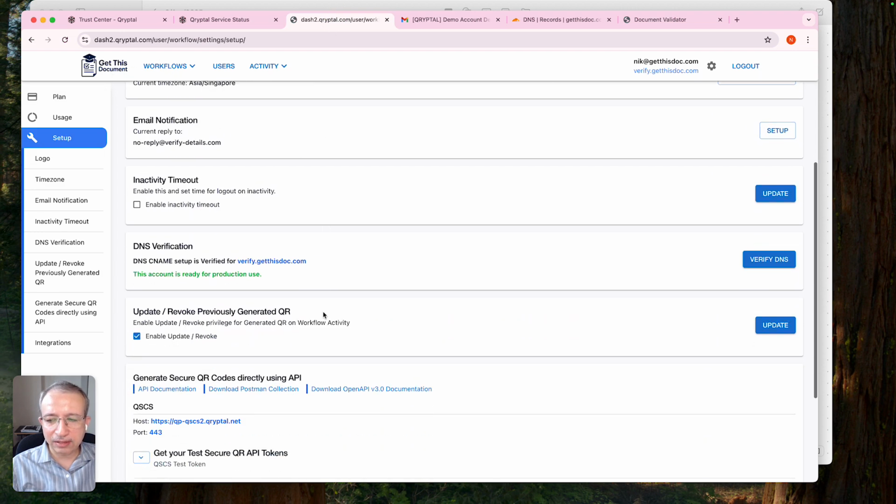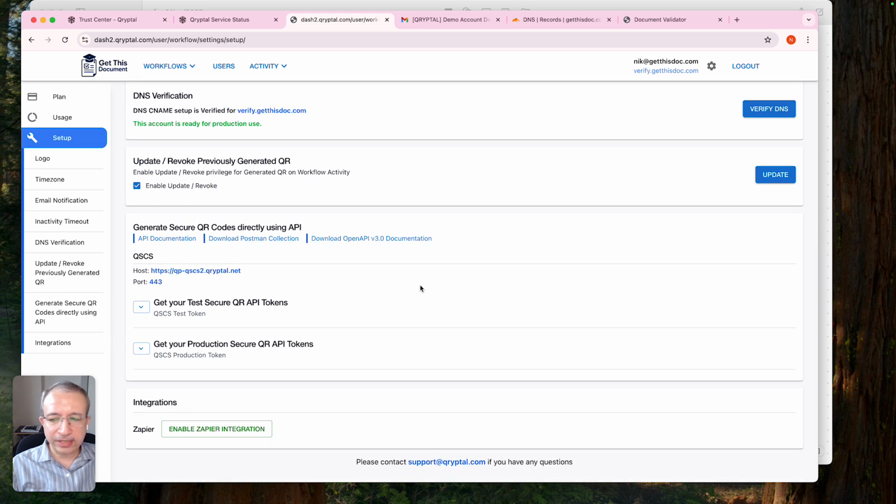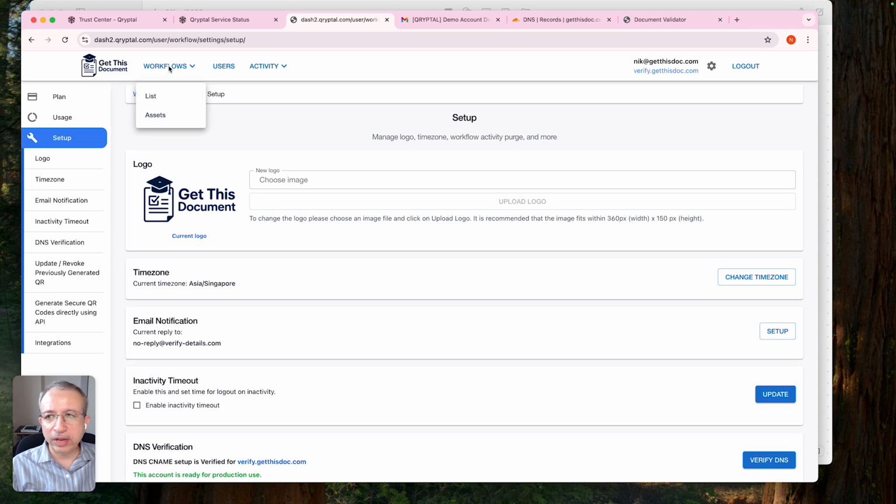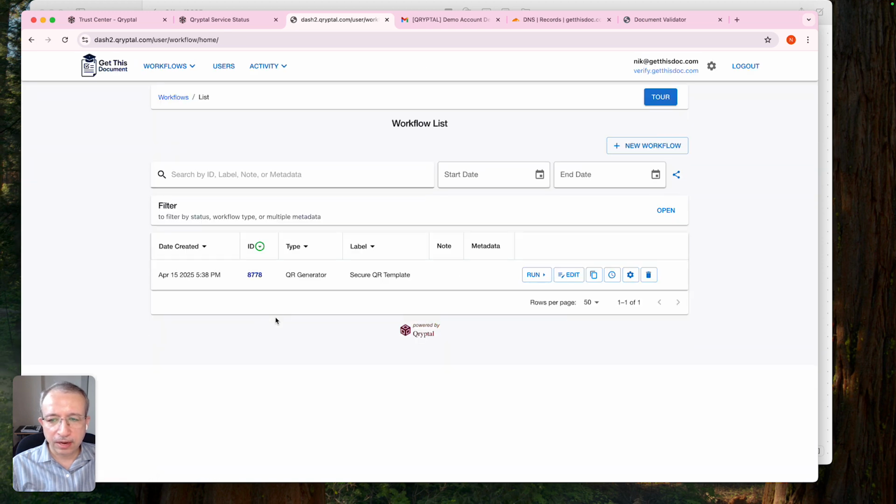Okay. One more thing is, now how will you generate the QR codes? One is you can ask your developers to integrate it with your document generation system. So this is programmatic. There is an API documentation, but you can also do this manually. Let's do that now. So I'll go to list of workflows. There's a sample workflow created for secure QR code generator. I'll first click on edit